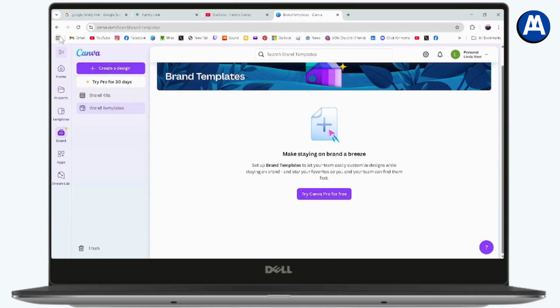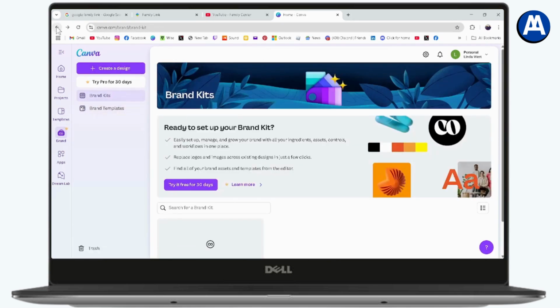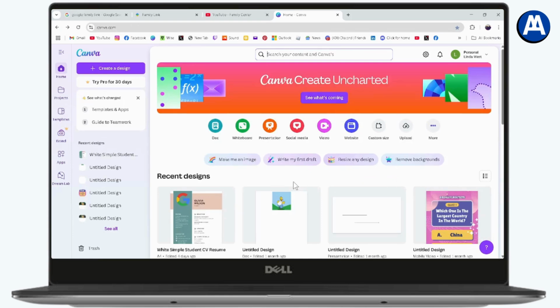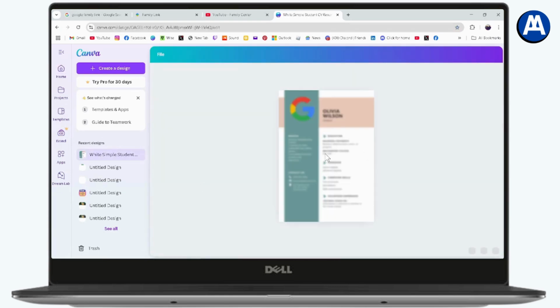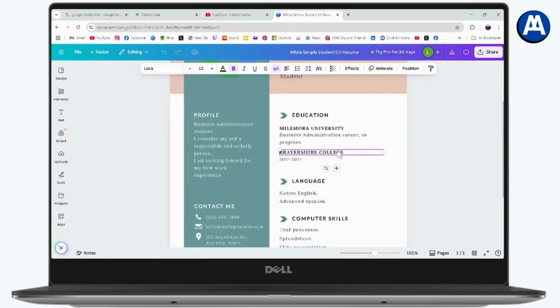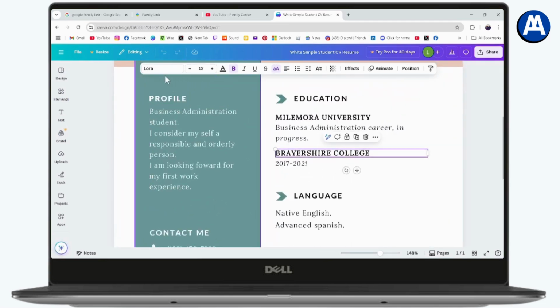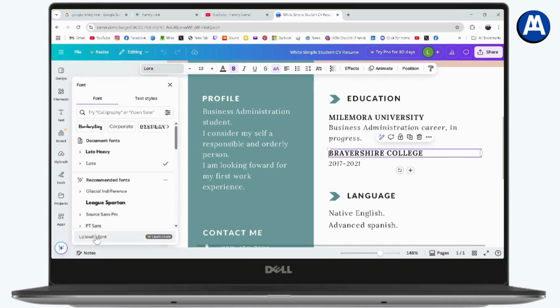Or you can also just simply go with a project, like for example, I'll just simply go with a demo project with this one. Once you're on your project, you just need to simply click on any font that you're comfortable with or that you would like to change. Once you click on it, here you will have the font section, right? So you need to click on the font which is on the top, and here you will have upload a font